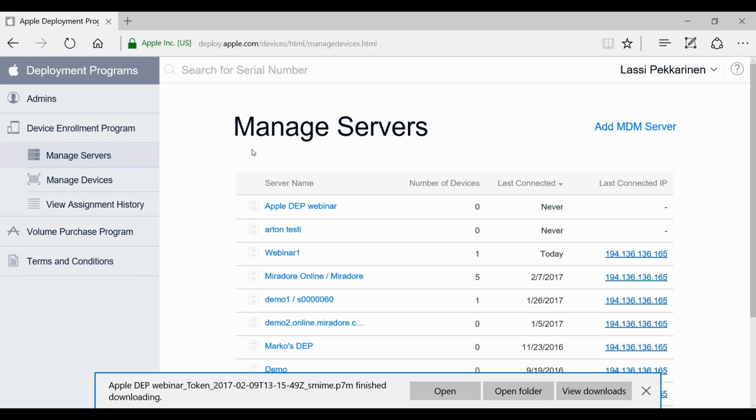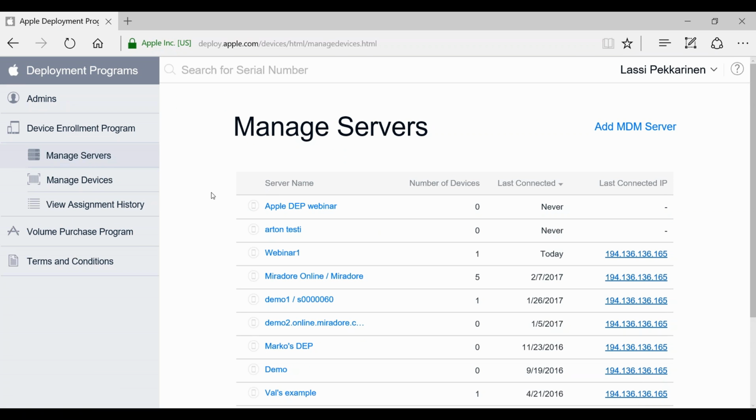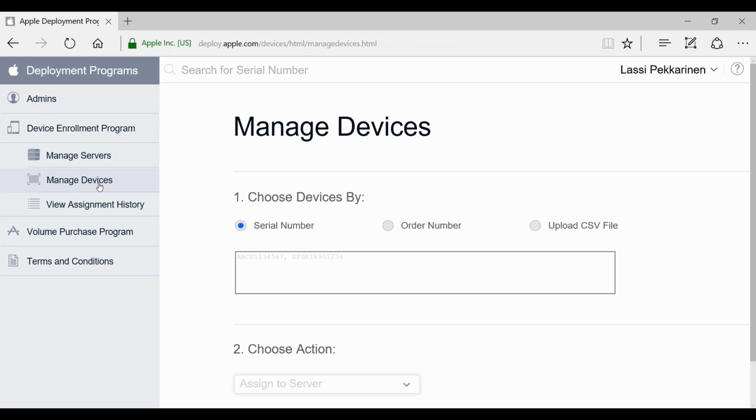Normally, if you select that, devices will be automatically assigned to this server, and whenever the reseller links new devices to your DEP, the device will be linked to that automated server, or the one selected for automated enrollment. But in this case, as this is the demonstration server, I need to add the device manually from here.